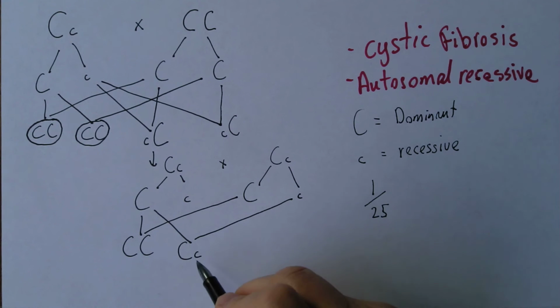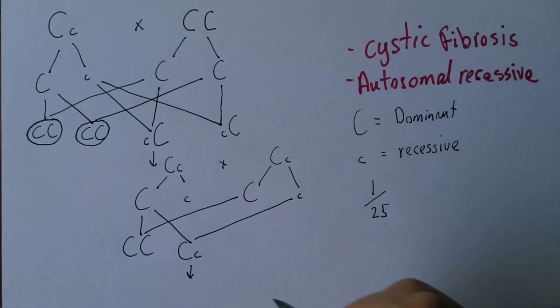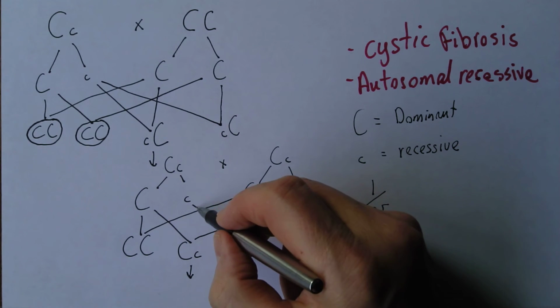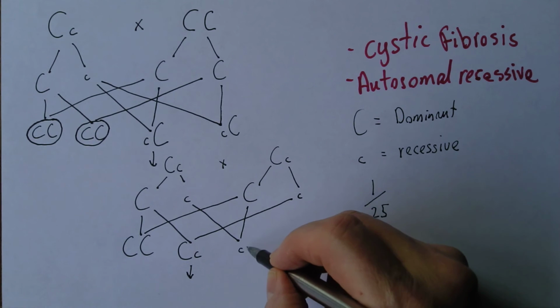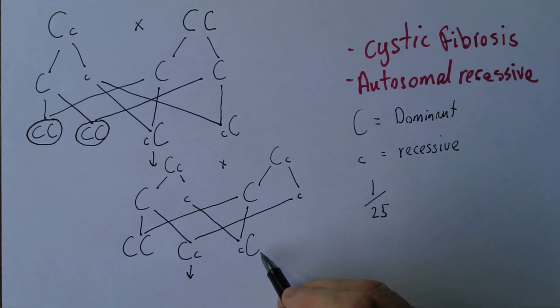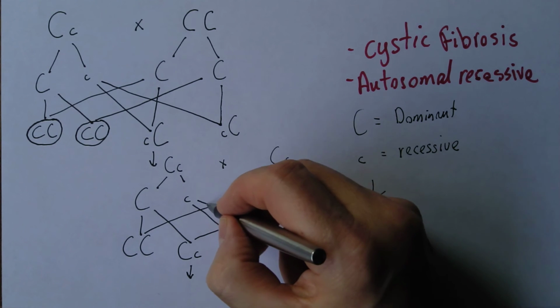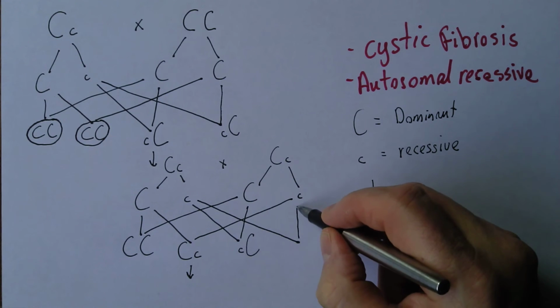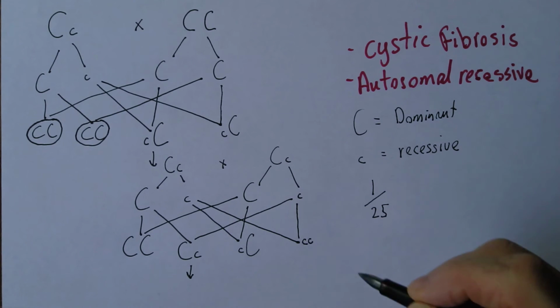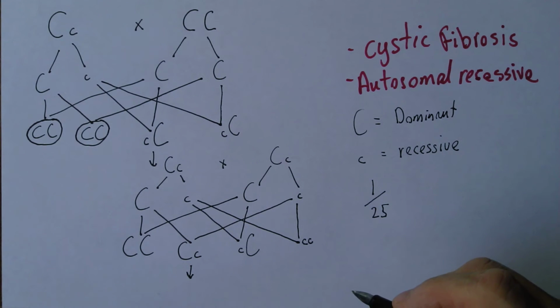They won't suffer from the disease, phenotypically they're normal, but they could potentially carry it on to the next generation. That situation there, small c, big C, again a carrier, but phenotypically normal. But then here we have the possibility for small c, small c. Now this person does